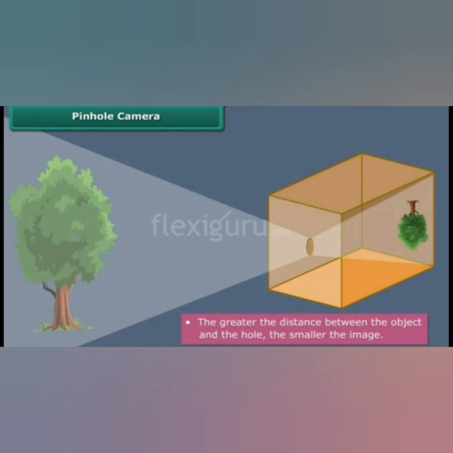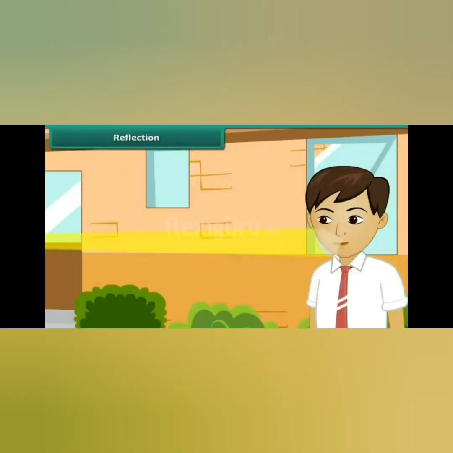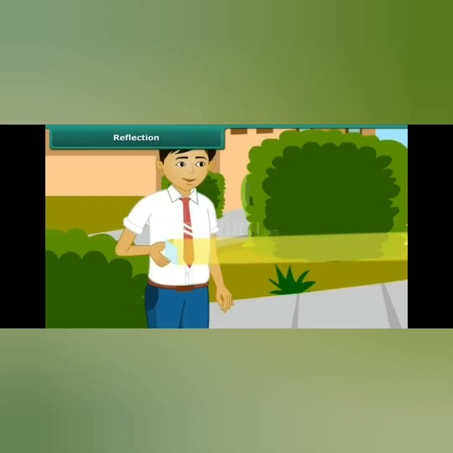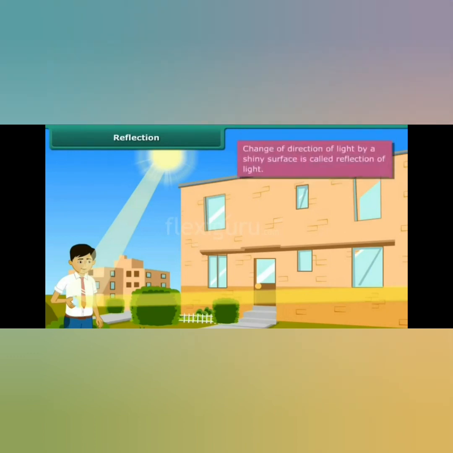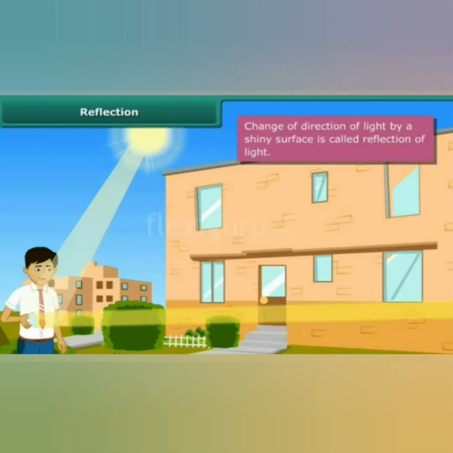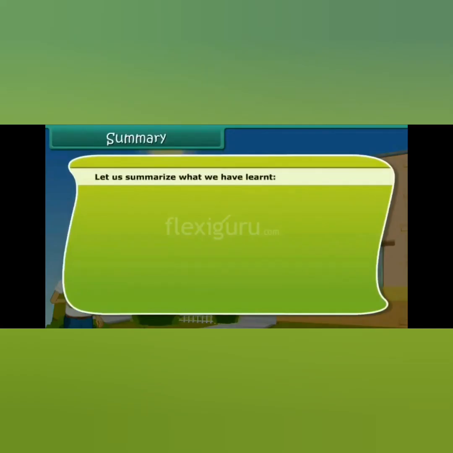अलराइट. सो अघि च्याप्टर स्टार्ट गर्नु अगाडि हामीले कुरा गरेको थियौँ एउटा फ्रेन्डले एउटा लाइट आँखामै लाइट देखाउँदै थियो हैन. सो कसरी गरेको थियो उले. ही युज्ड अ मिरर है. ही युज्ड अ मिरर टु डिफ्लेक्ट द सन्स रेज टु हिज फ्रेन्ड्स फेस हैन. यहाँदेखि के बुझ्यो हामीले. अ मिरर चेन्जेस द डाइरेक्सन अफ द लाइट फलिङ अन इट हैन. सच अ चेन्ज अफ डाइरेक्सन अफ लाइट बाई अ शाइनी सर्फेस इज कल्ड रिफ्लेक्सन अफ लाइट. नाउ लेट अस समराइज वाट वी हेभ लर्न्ड.